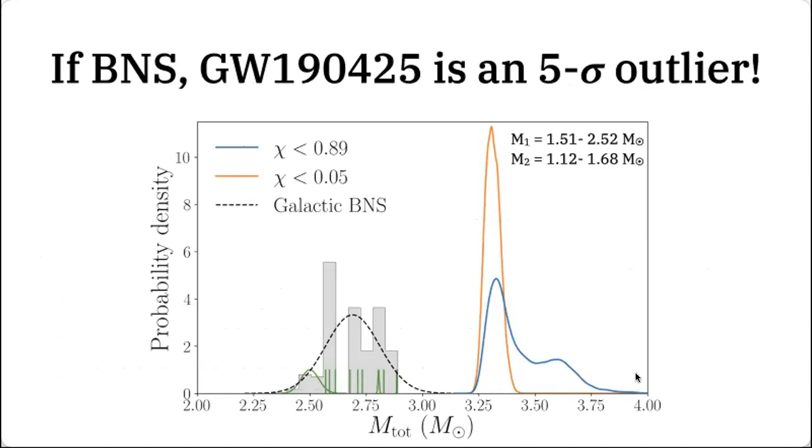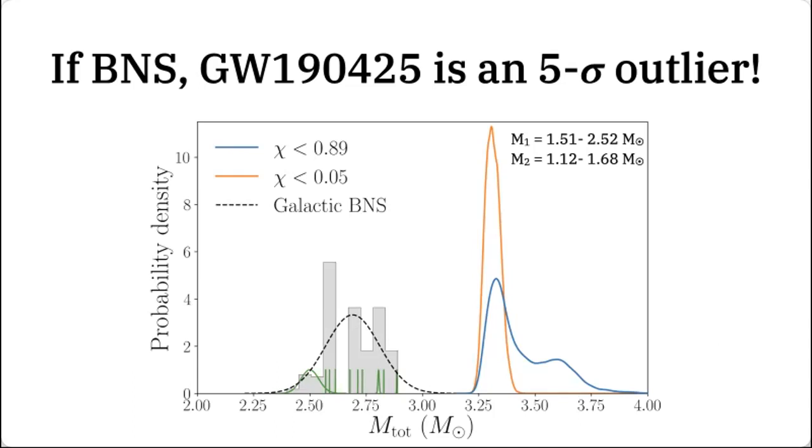This is a distribution of the total mass of neutron star binaries, and the left-hand side is a distribution combining all the neutron star binaries we have seen so far in our Milky Way. And this is the distribution of the total mass of this particular event, and they're clearly quite separated. Of course, that's under different selection. Those neutron star binaries we observe from the X-ray or some electromagnetic counterpart, and this one doesn't have any electromagnetic counterpart, so maybe this can be a different population. That's true. But just to stimulate your thinking, I just show this plot.